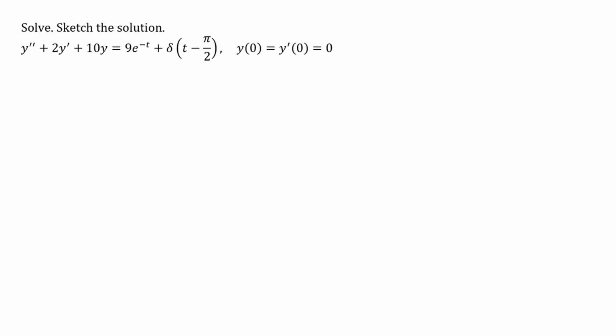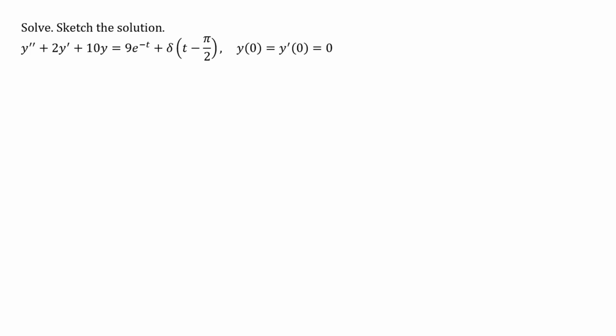Hi, we're going to look at solving this differential equation in this video. There are a couple things to notice. We have a second order linear differential equation, non-homogeneous, and the external forcing function is described by 9e to the